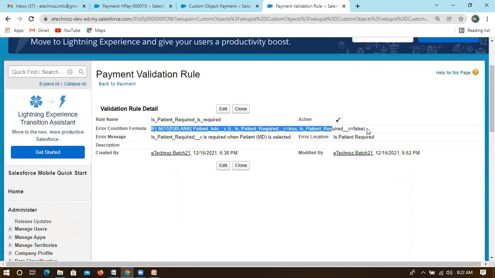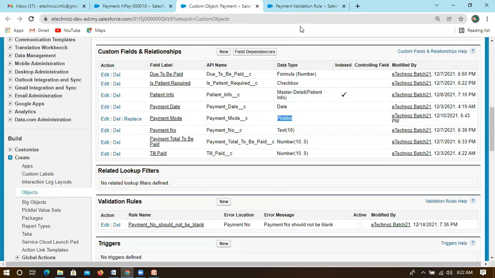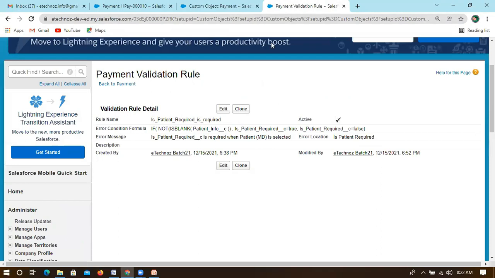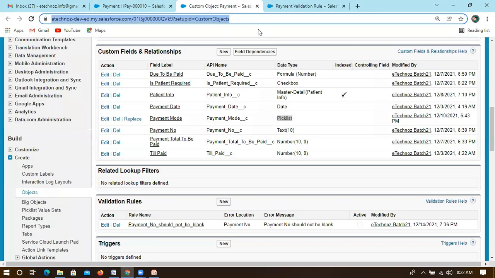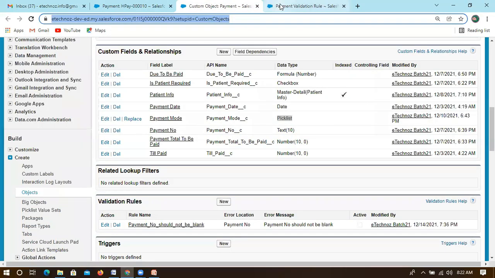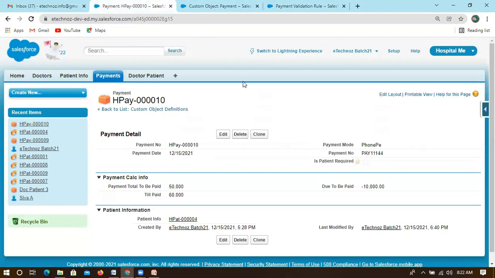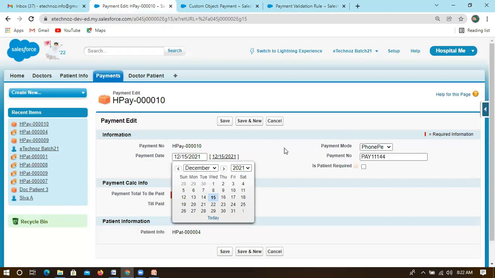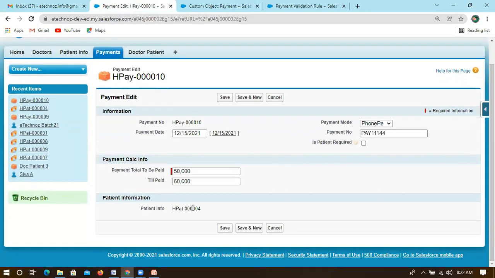Okay, did you get this? What are we trying to do? We are checking one field, and based on that field's value, we are trying to update another field. Not update, we are just validating it, whether that is true or false. Let me just quickly edit this. And now, okay, so this is